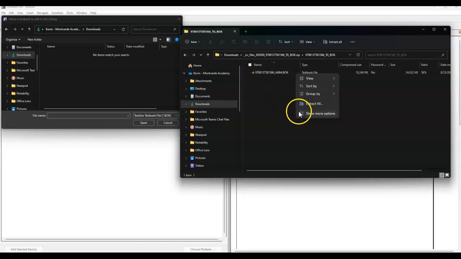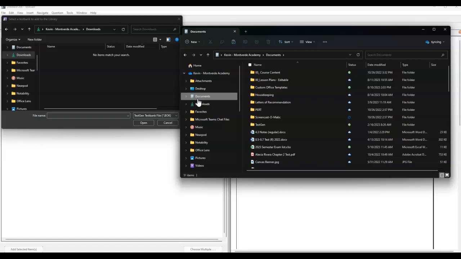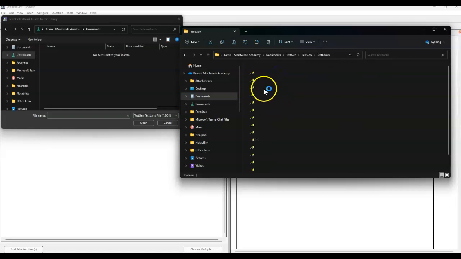And you want to go ahead and just right click and you can extract it. Here we go. We right click on it and you want to click copy. And you can take that, and in your documents, when you have TestGen installed, you'll find a new folder called TestGen. Just go to that and open up the TestGen, and for test banks, you just want to paste it,